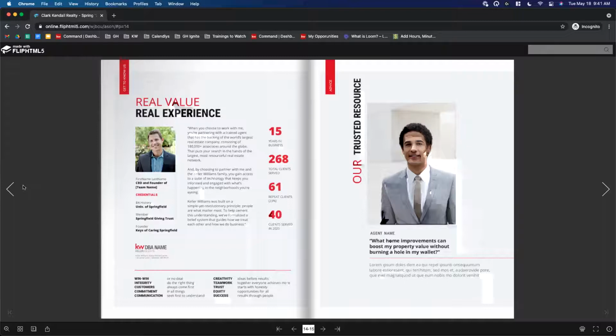So you can get really creative from here, right? If you've got that link, you can post it to your Facebook business page, or even message it to your sphere of influence on Facebook Messenger. You can build out a smart plan where you text it through Twilio automatically, or you can manually text it to your database. There's so many, I mean, just whatever else you can do in Command through your business, you can just use that link for. You can create an email design and say, hey, check out my magazine.